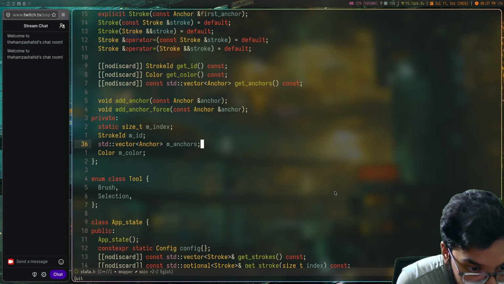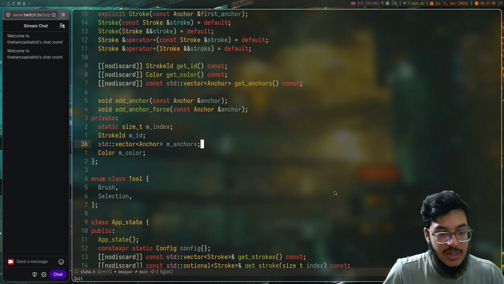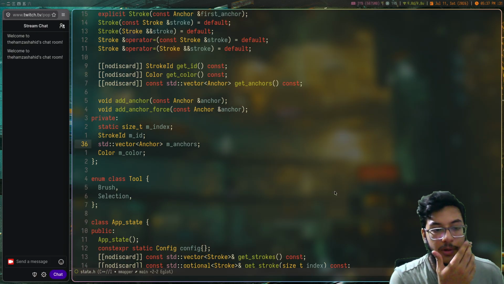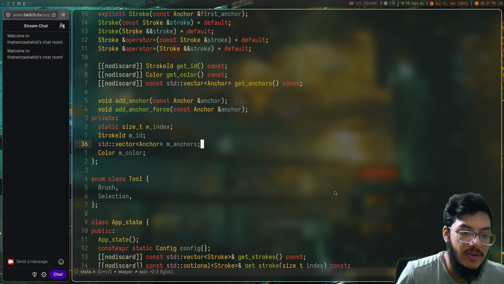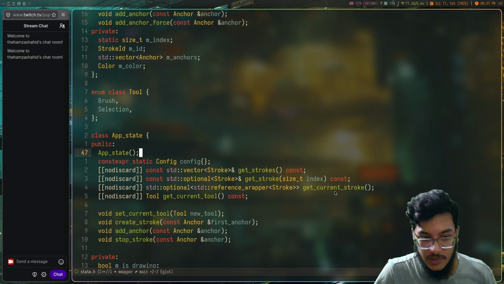Hmm. Because that should see which anchor they're closest to on all the possible strokes. Then we can chunk that and then we can optimize that. But I think this is going to be the main starting point. Okay. So if you have your standard vector anchor, just a list of anchors, each stroke has their own list of anchors. I'm going to have to